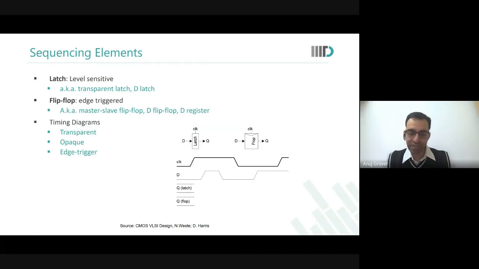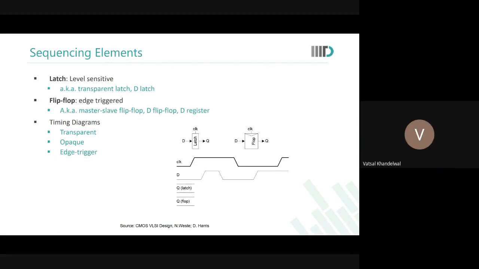You're absolutely right in that. But what do you mean by that? So latch follows the input at the positive clock, when clock is 1. But flip-flop only gives the output at the edge. What is the value of input at the triggering edge? At that edge only, flip-flop gives the output.